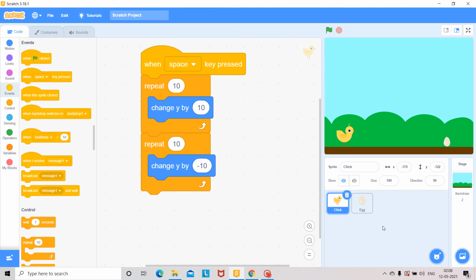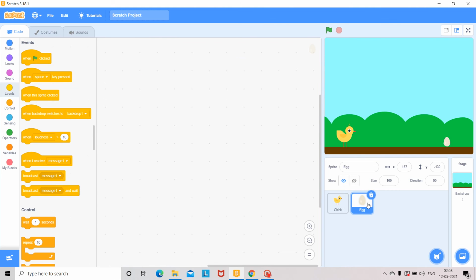Okay, next you give coding to the egg also. So the egg is at 157 on the x-axis and at minus 130 on the y-axis. When it is moving from right to left, the values will change. When it is moving horizontally, only the x value will change.